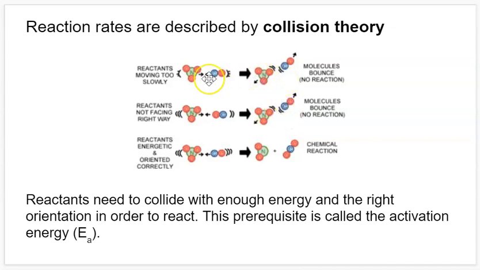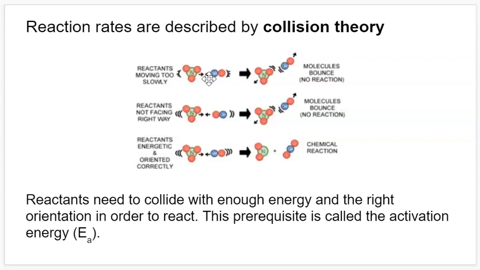And this is because you need to have two particles or two substances collide with enough energy in order for the bonds to be broken and new bonds to be formed. Because each of these individual reactants already has a stable configuration. You need some sort of high energy force in order to mix things up